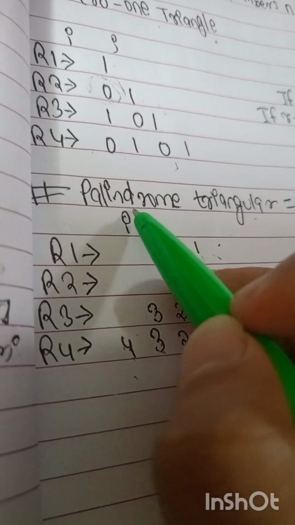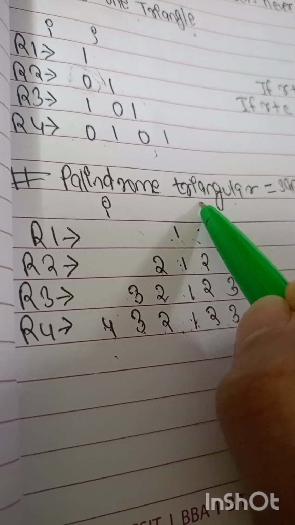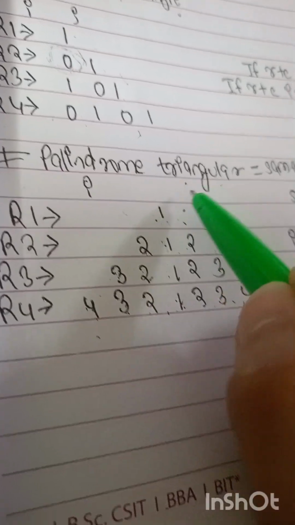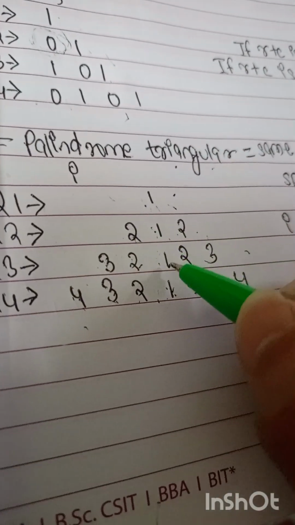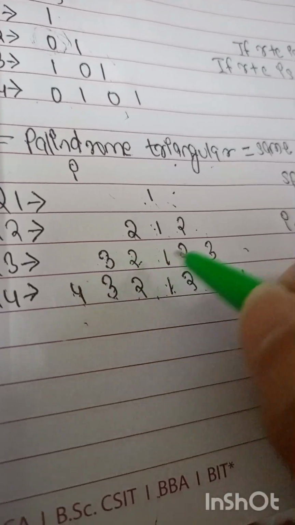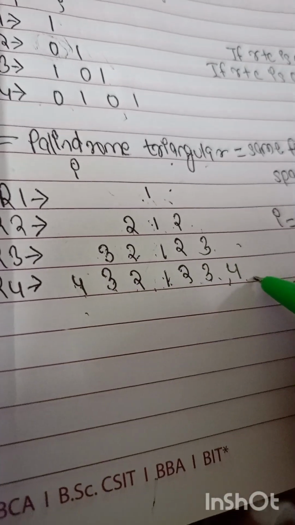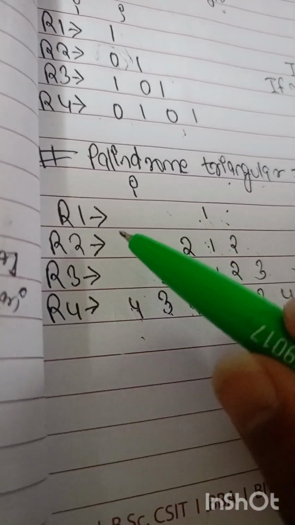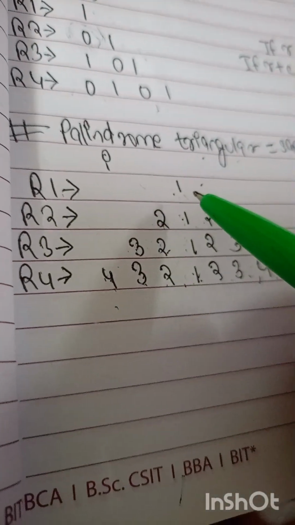Let's see the palindrome triangular topic today. It means the same number forward and backward. So we have here 1, also we have 2 2. We have one number forward, we have 2 3, and backward we have 2 3. So 2 3 4 2 3 4. So we have that number, and then you can see here in row 1 we have, this is a row